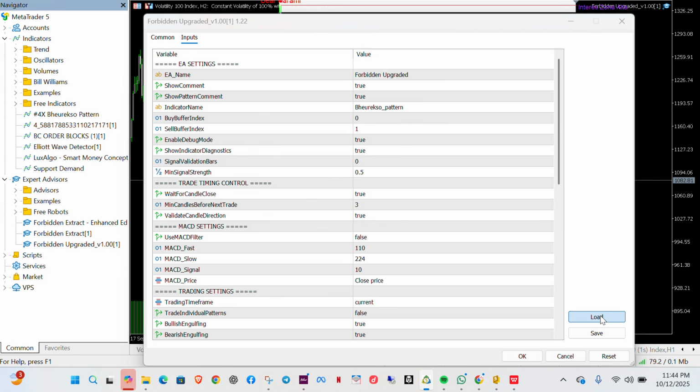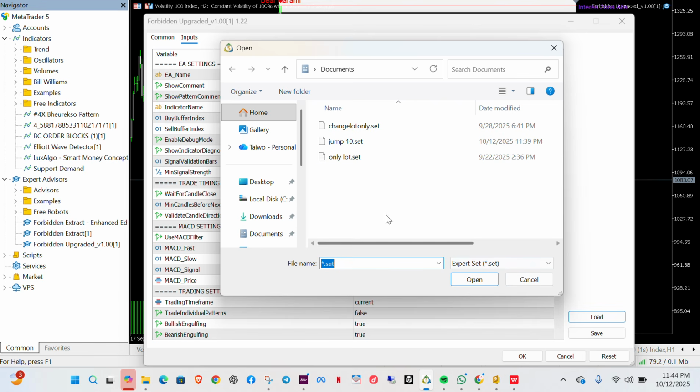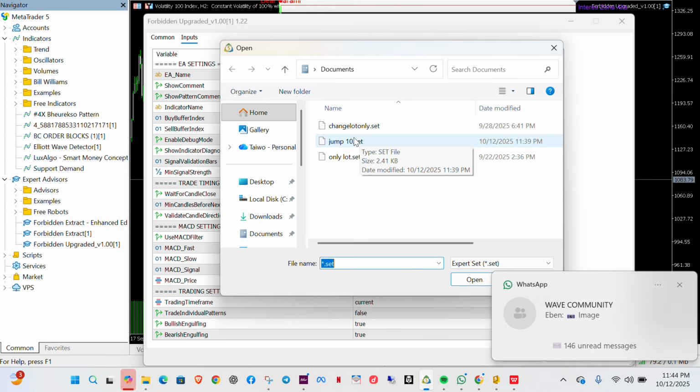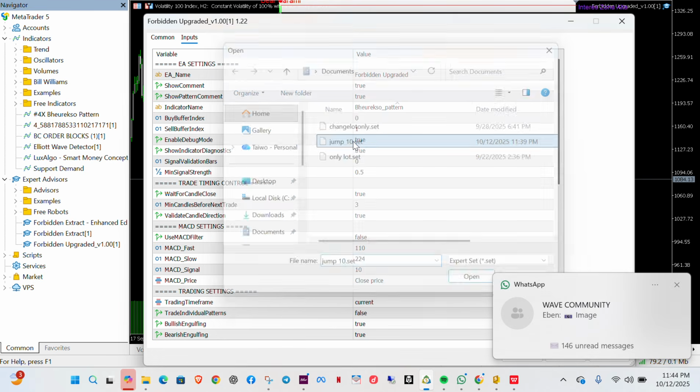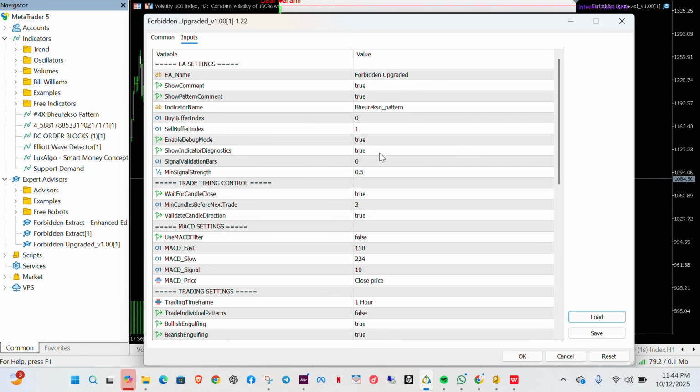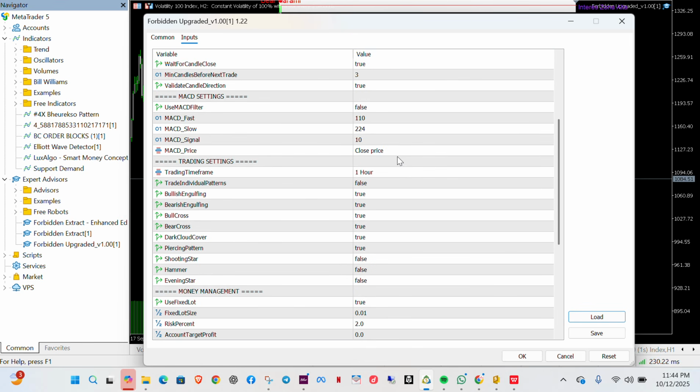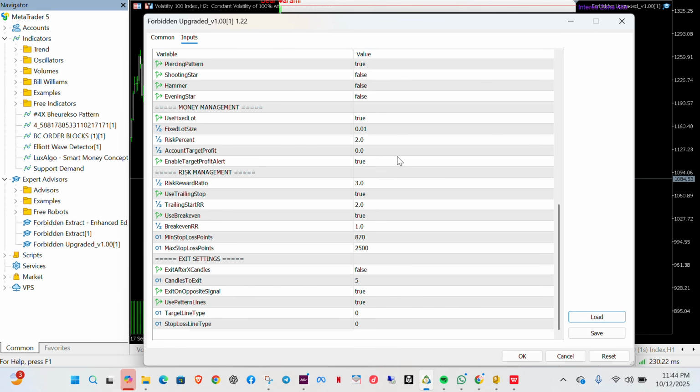But let me see if we can load the file. This is for the Jump 10 that I just set earlier. So I can just load this Jump 10. I'll click on this Jump 10. Now this Jump 10 has loaded like that. So what I will have to change on this Jump 10 is my lot size. I will change my lot size to 0.5, which is the lowest lot size for